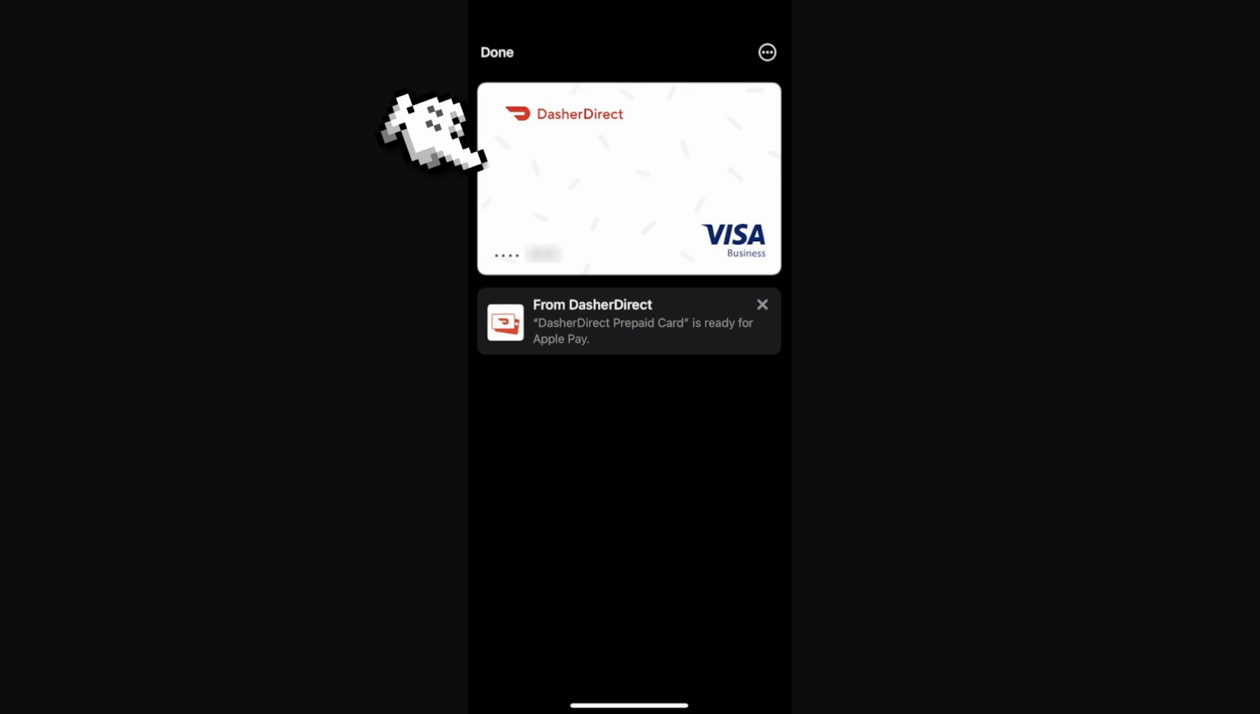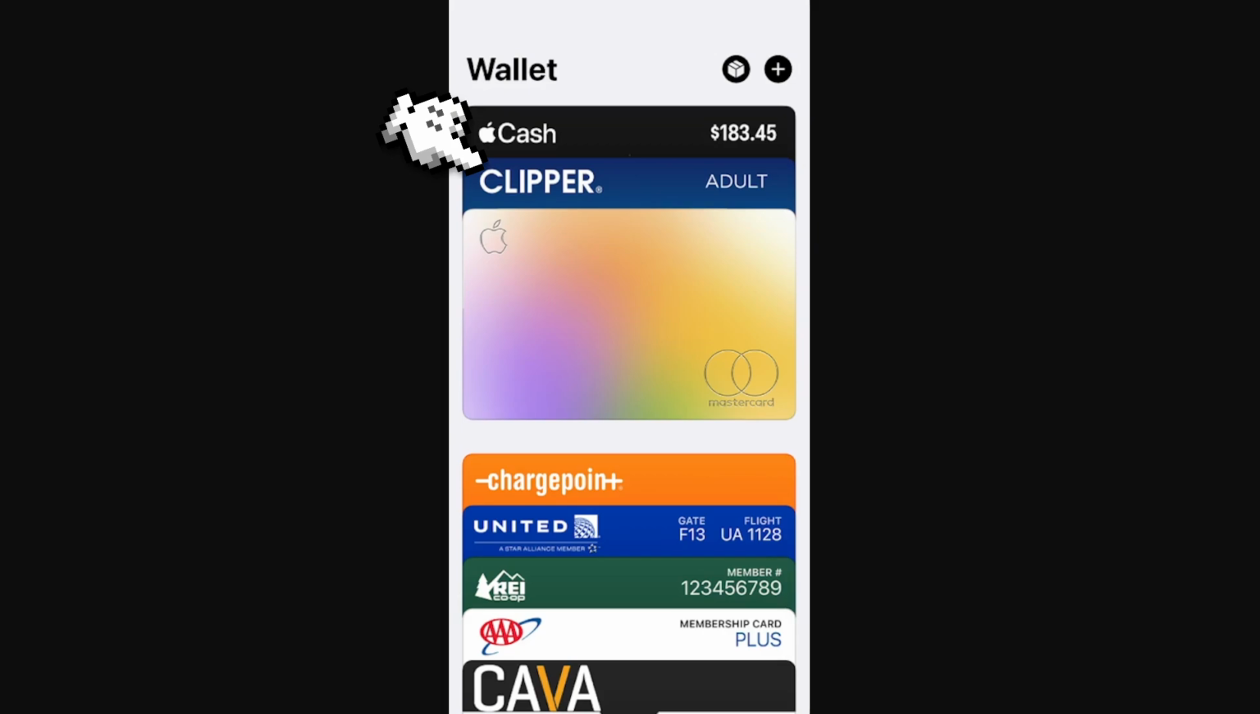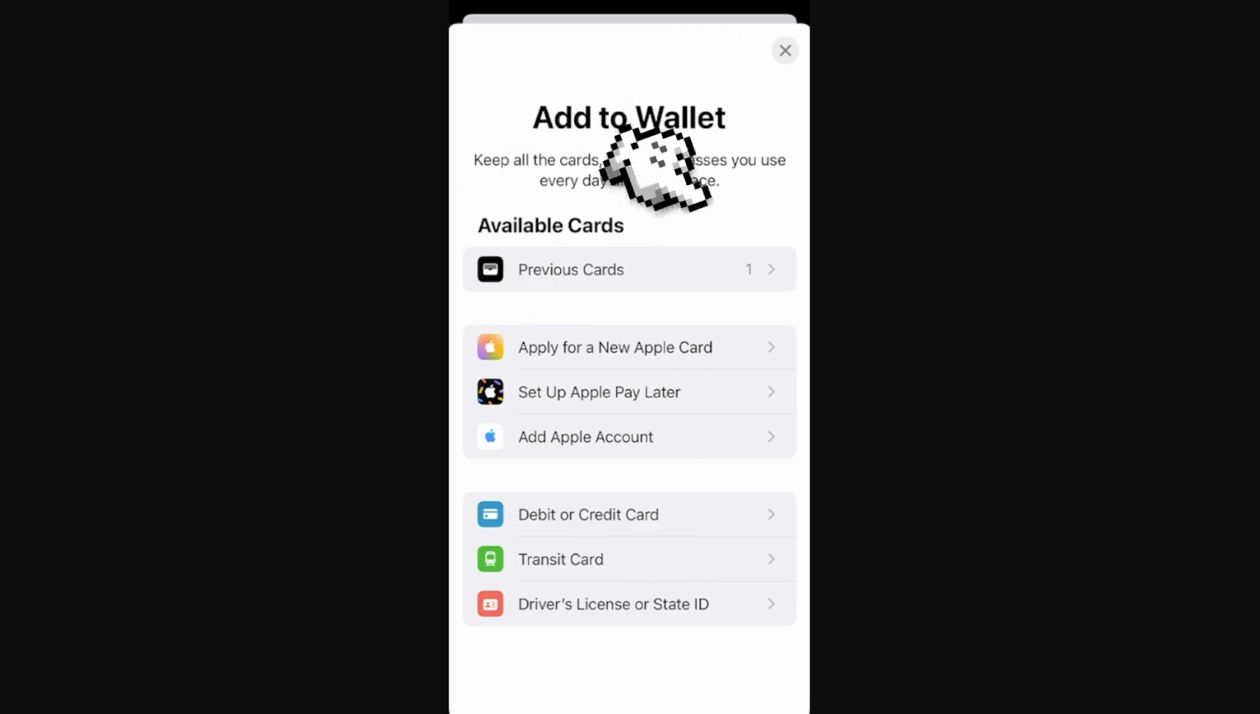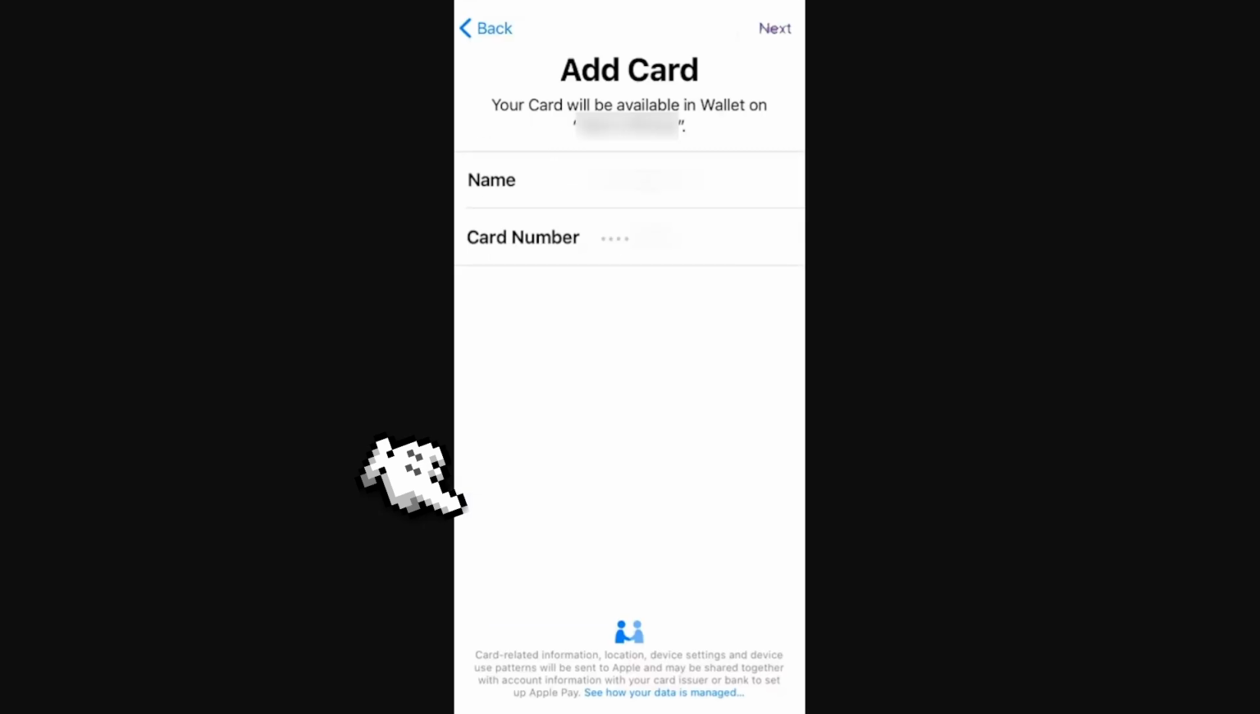When we have all the details about this card, we're gonna open our Apple Pay app and then we're gonna click this button right here. Once we click this button in this area, we're gonna select this one. We're gonna select this one, debit or credit card, and then in this section we're gonna add our name